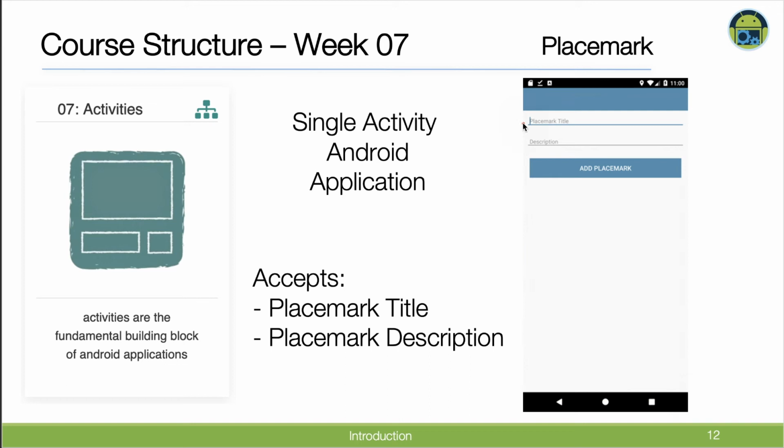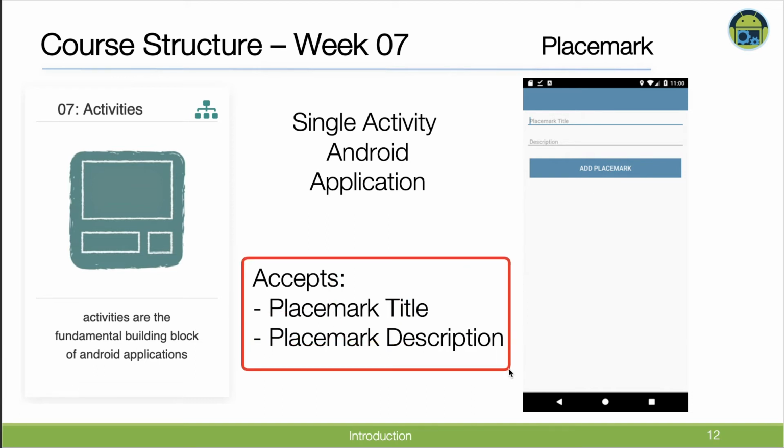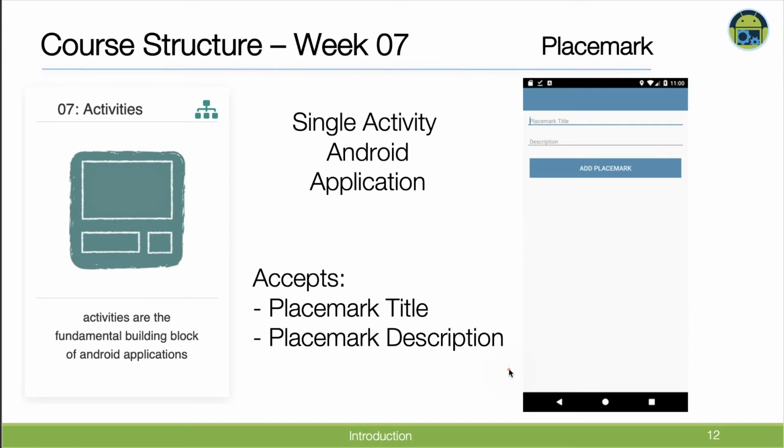Okay, so you can see there, look, we have our first kind of app proper, where we can enter a title, enter a description, the user clicks on add placemark, and then we put it somewhere behind the scenes. So that's all we're doing there, just accept a simple title, a simple description. Okay,